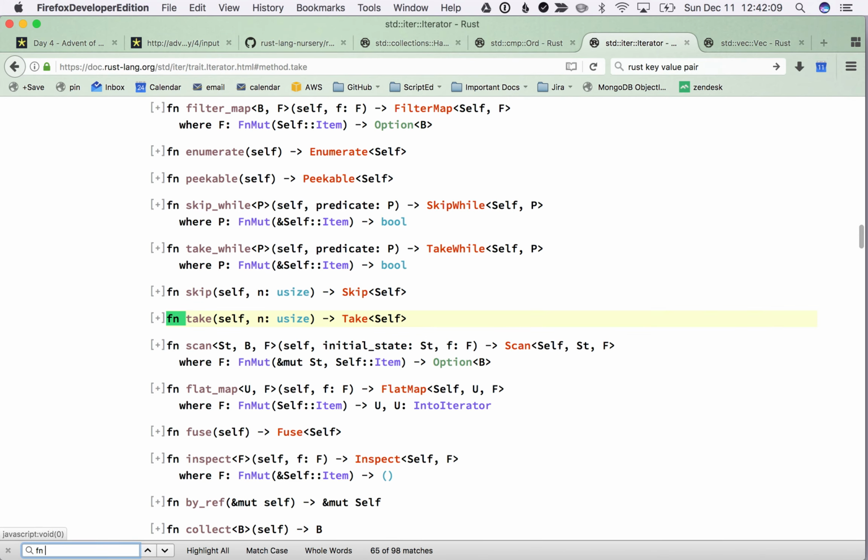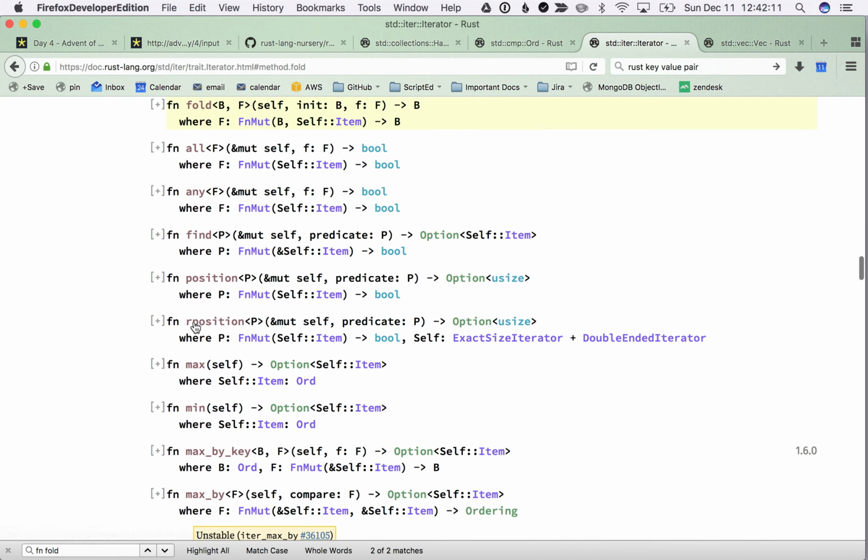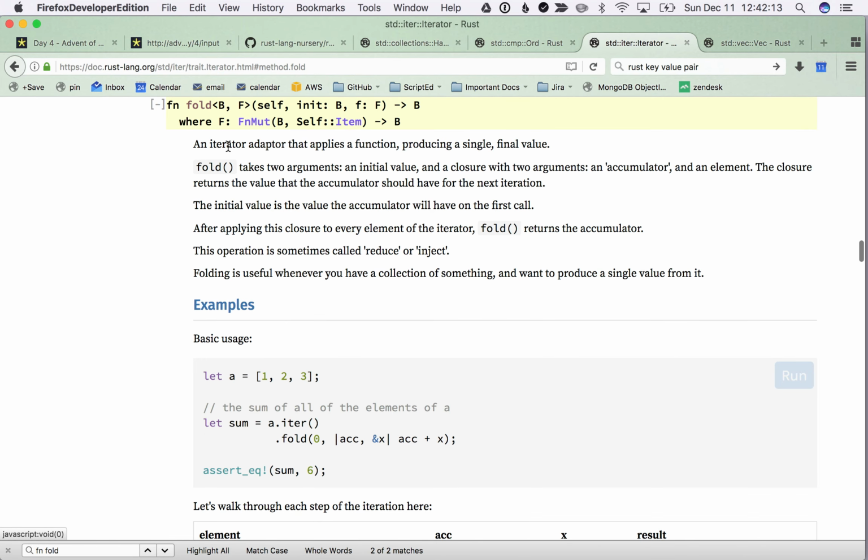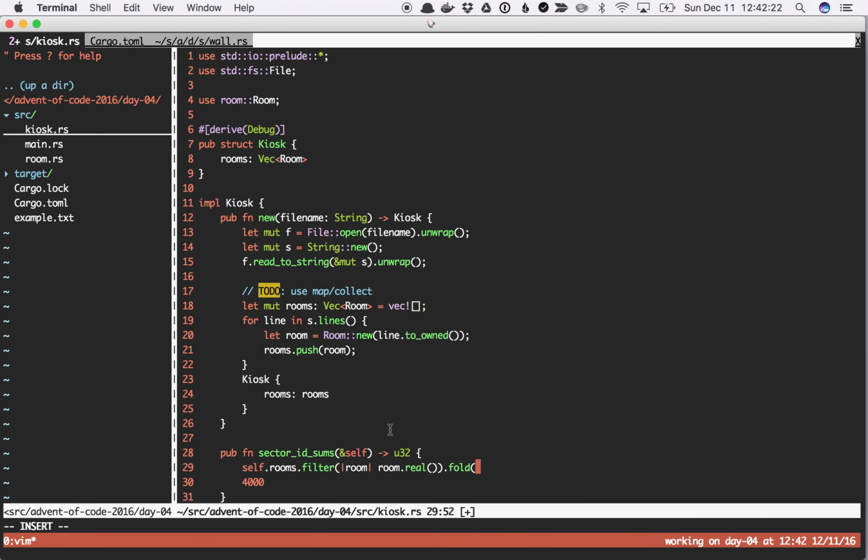So let's see, fn fold. An iterator adapter that applies a function producing a single final value. So we'll need it to be an iterator, and then we can fold. Yeah, I think this is good. Right, so fold 0, sum room,